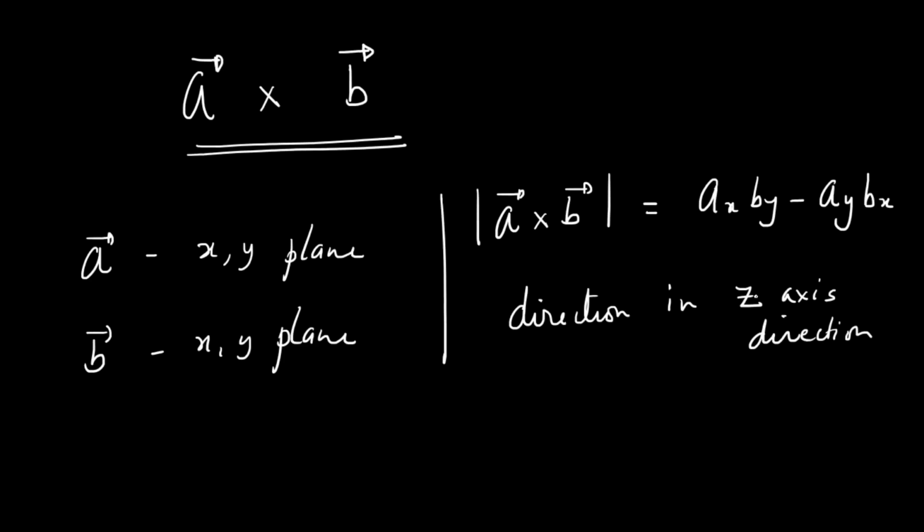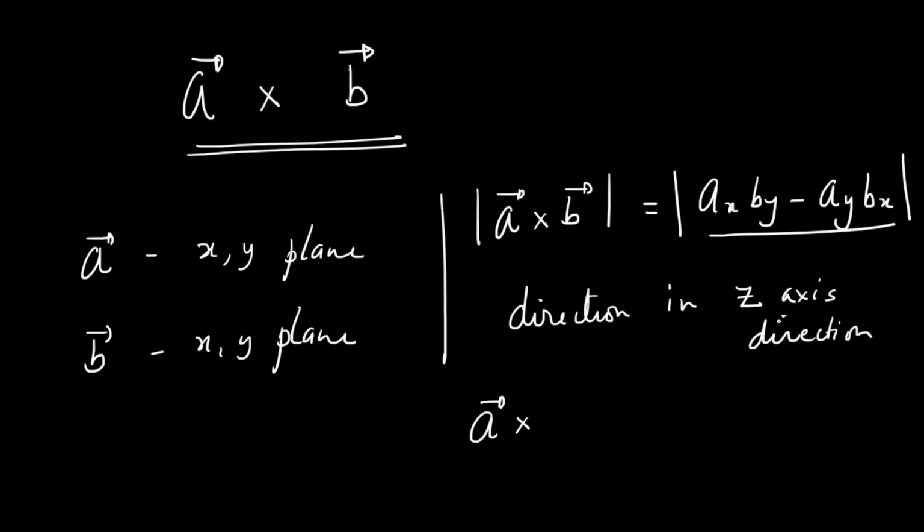Okay, it could be, if this quantity is positive, then positive z-axis. If this quantity is negative, then it will be in the opposite direction, right? So finally we write it as A cross, I think I made a mistake here. I'm sorry, I think I'm making a lot of mistakes. This should be also then the length is always positive. So if I'm asking for mod of this vector, then length, and the direction is either in the z-axis or